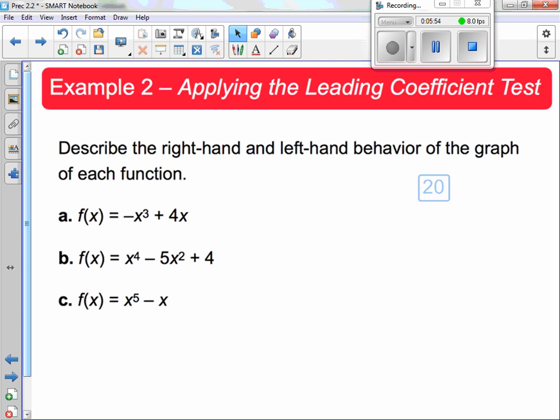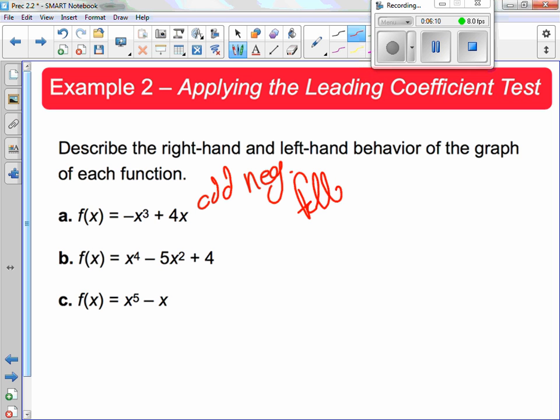Yeah, so odds are opposite, evens are the same. So let's look at this one here. Negative x cubed, so this is odd and negative, yes? So it falls to the